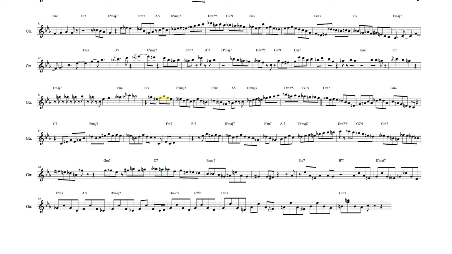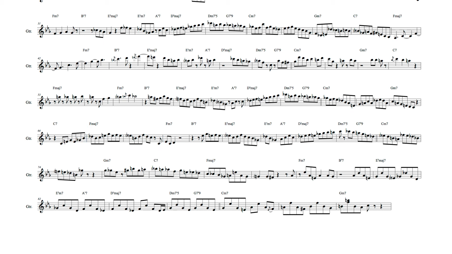From here, another long-range line begins, which initially descends to end on C, the 3rd of A flat 7 harmony. It then moves up this embellished D flat major 7 arpeggio to then continue its descent through D flat, the flat 9th of C minor 7 harmony, C, the 11th of G minor 7 harmony, before ending here on the 7th of the C7 chord. The final C and B flat notes of this line are essentially harmonized by a C major and C7 arpeggio, which includes C7's flattened 5th degree, implying its tritone substitution.